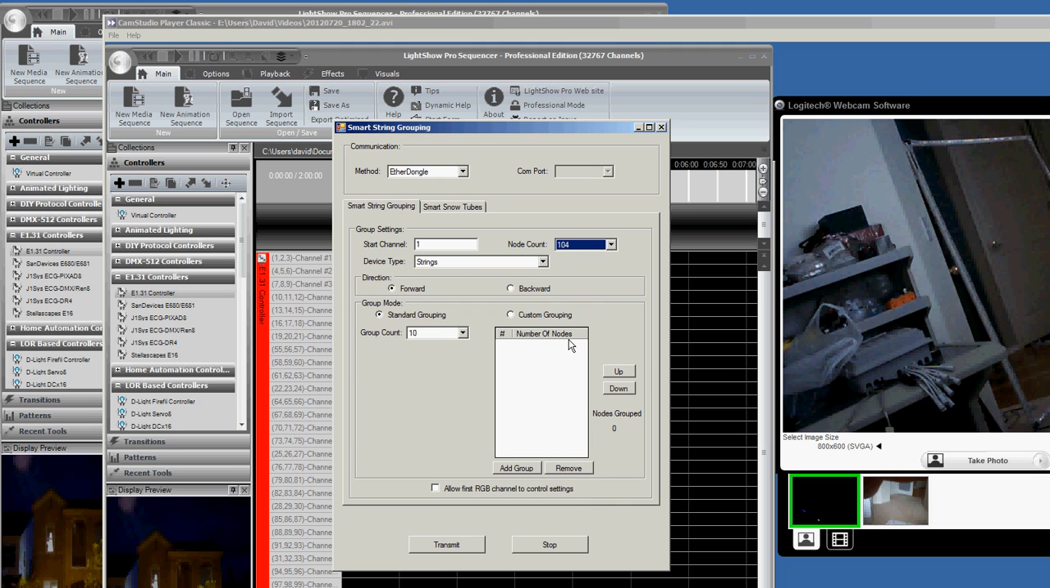The reason I set it for 104 is the SmartString controller can only control up to 128 nodes. So that means I have one controller that controls the left and the top, and one controller that controls the bottom and the right. Each controller controls 104 pixels. So what I do is I set up the node count for 104 and the start channel for this one for 101, and I set the